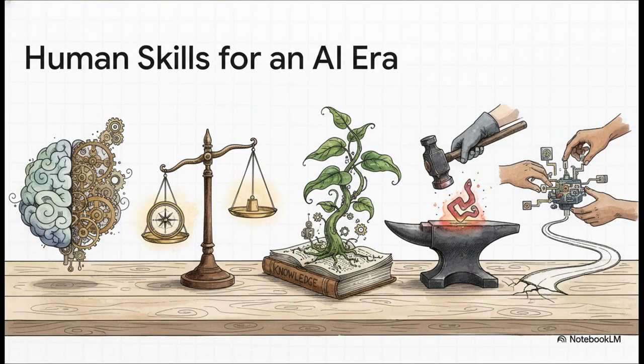This is why what truly matters now are our uniquely human skills. An AI can generate an image, but it takes human creativity and analytical thinking to direct it. An AI can execute a command, but it can't provide the ethical judgment on whether it should. These skills, curiosity, resilience, teamwork, they're not replaceable. They are the tools that will allow us to navigate this AI era wisely.